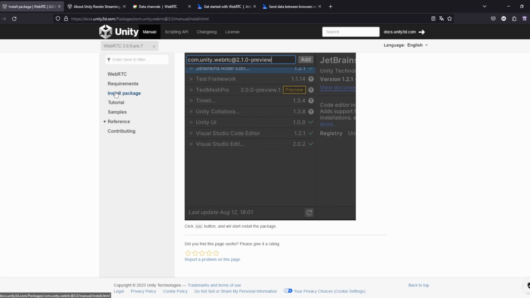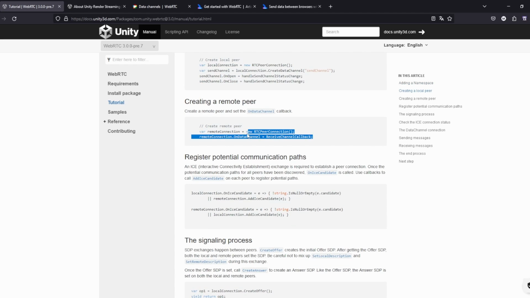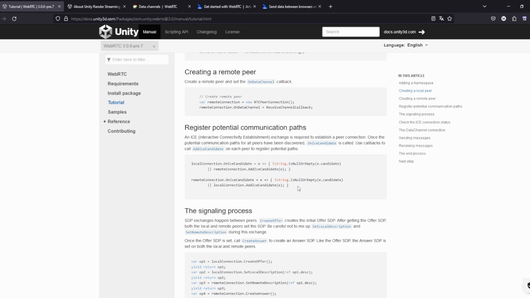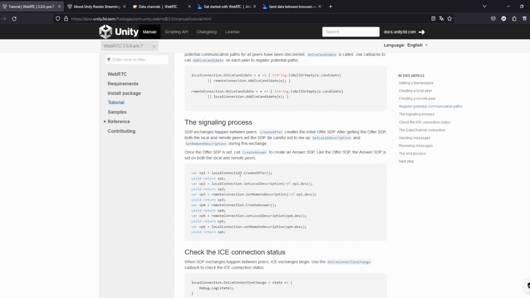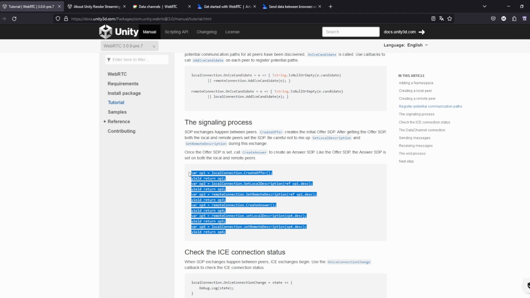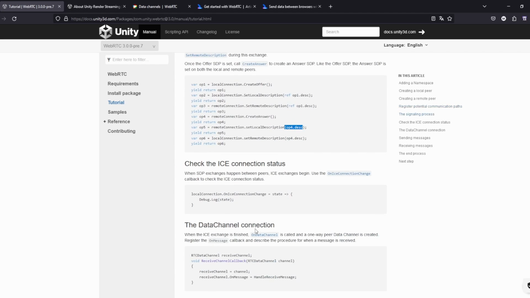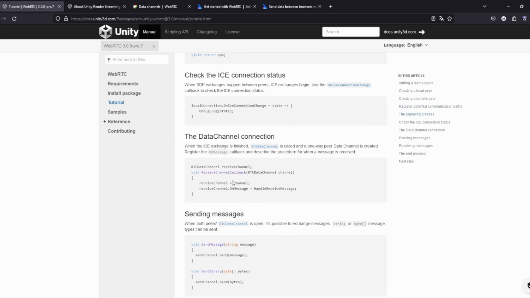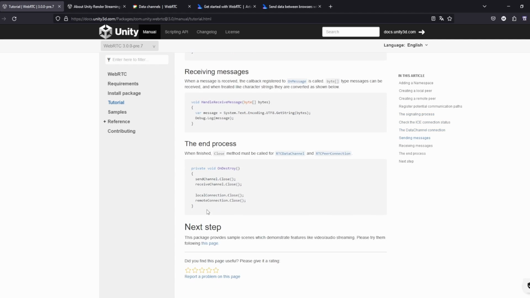And let's check the tutorial of the Unity WebRTC package. These steps are not perfectly clear and may be confusing, so let's just keep it open and keep it as a reference for everything that will come when implementing all the stuff, as it gives a good overview. But first of all, let's